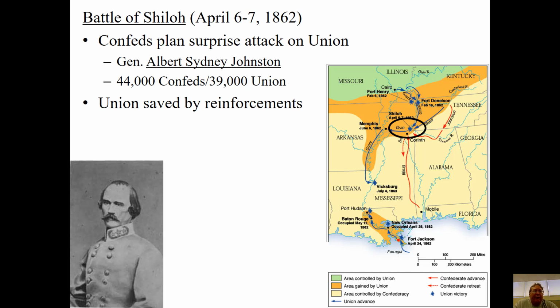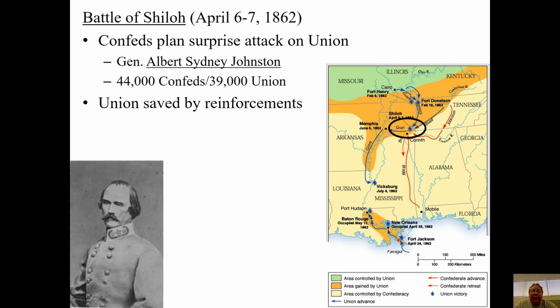But the next morning, as the Confederate troops get ready and start marching out there to finish off those Union troops, they find something out. There's not 20,000 Union troops waiting for them. There's 75,000. The rest of that Union army has pulled itself together in the meantime. They've shipped in people by either train or by ship, and they've bolstered their numbers, and now it's Johnston and the Confederates that are way outnumbered. They're crushed on the second day of this battle.